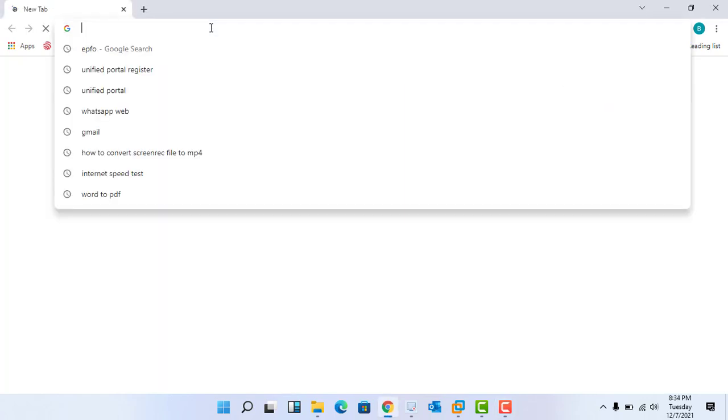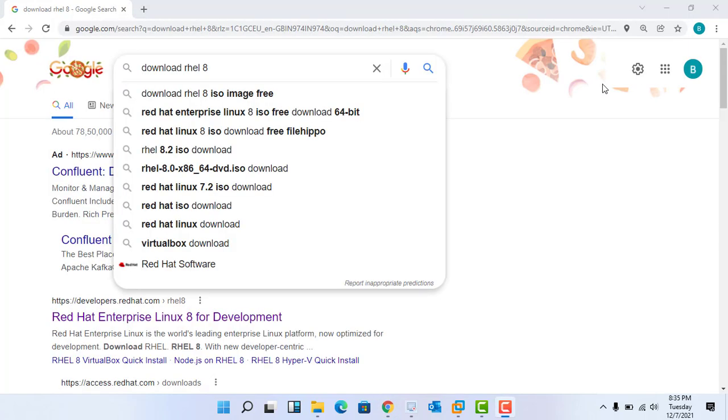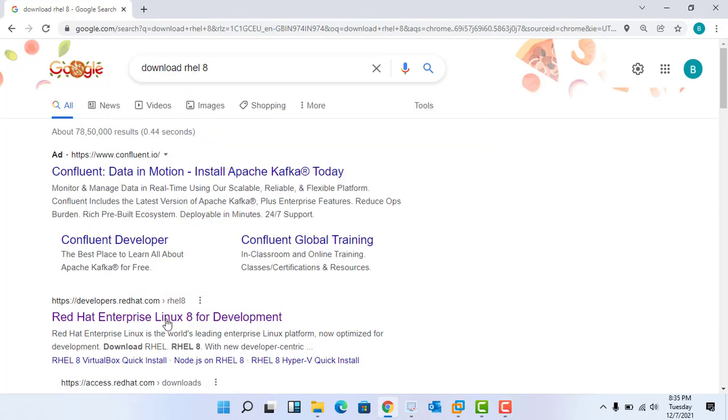Then just type here: download Red Hat RHEL 8. Then you will be able to find Red Hat Enterprise Linux 8 for development. Just click on that.